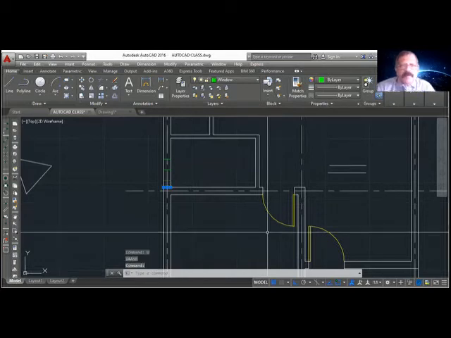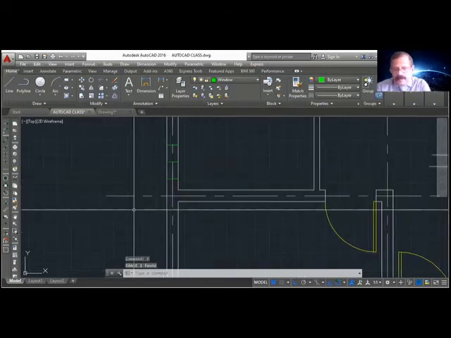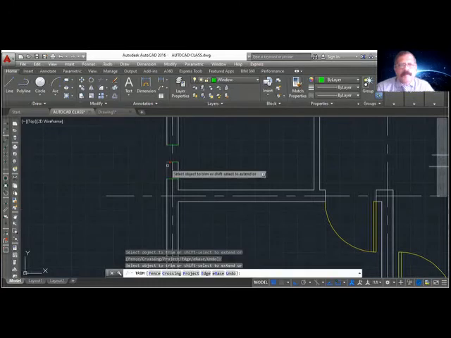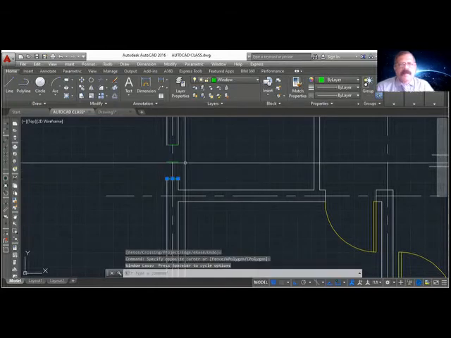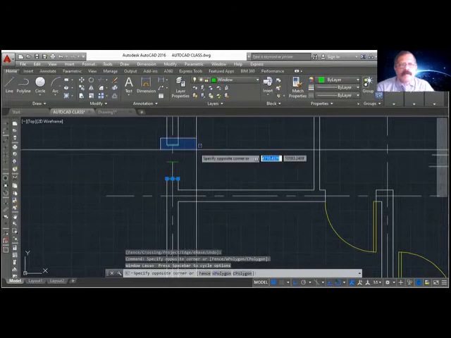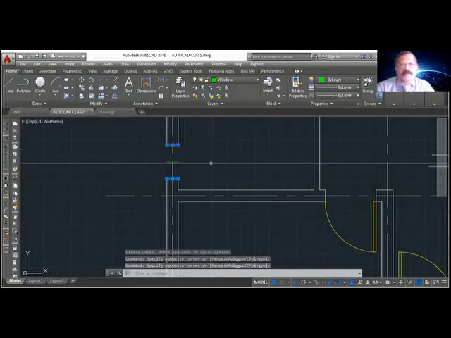This is the ventilator point. I will use the trim command, TR double. This also, if you want, you can make it. Even if you don't, you have to erase this line.